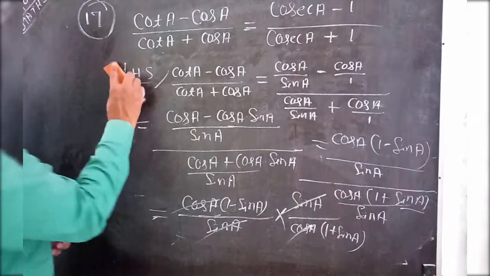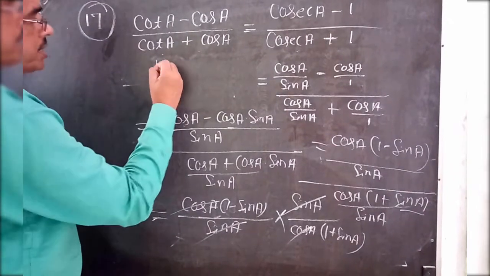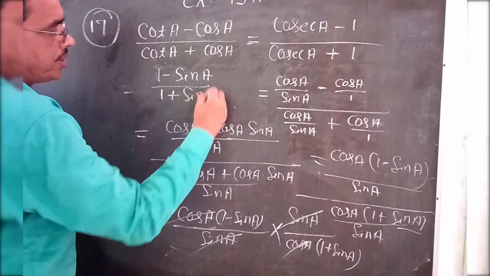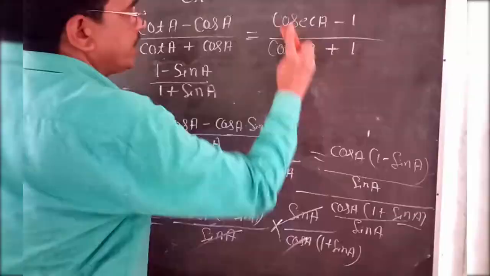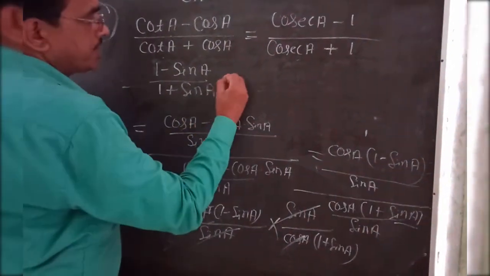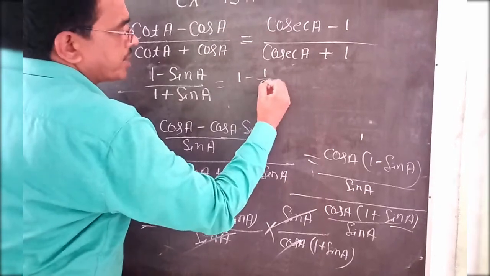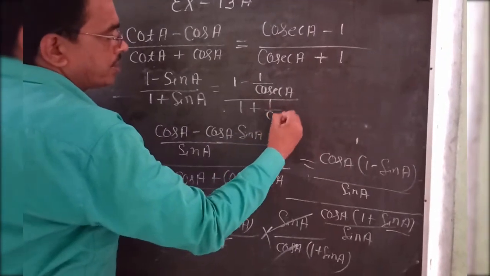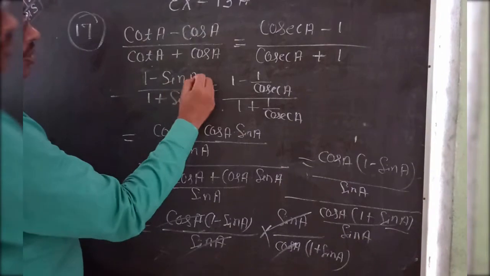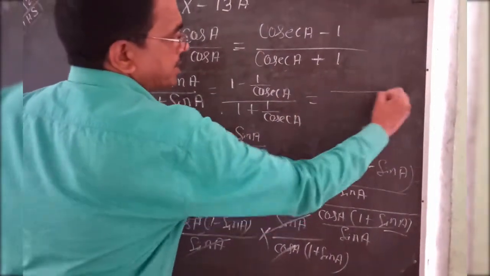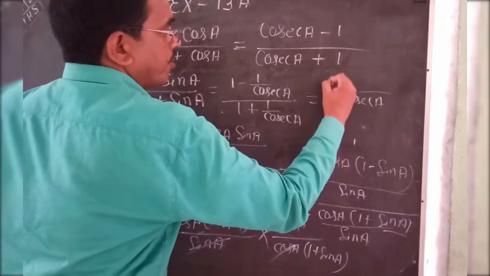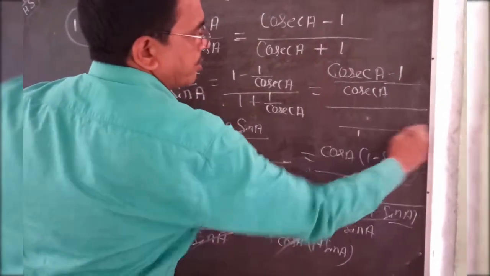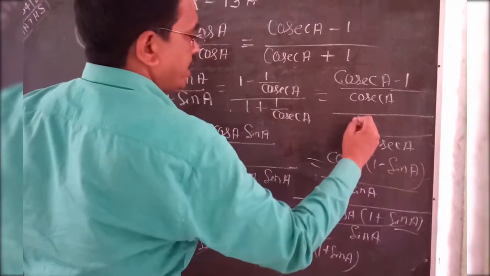So what have you remained? You have remained 1 minus sin A by 1 plus sin A. And you have to prove that it is cosec A. So you can change, this is 1 minus 1 by cosec A by 1 plus 1 by cosec A, because reciprocal of sin A is 1 by cosec A. Take again LCM, cosec A, then it is cosec A minus 1, here also cosec A, and it is cosec A